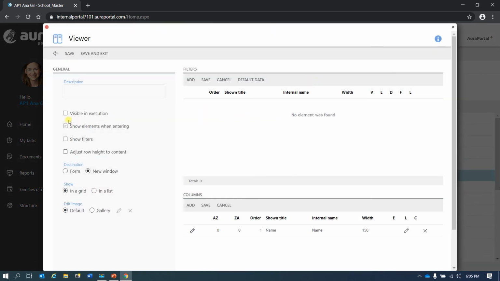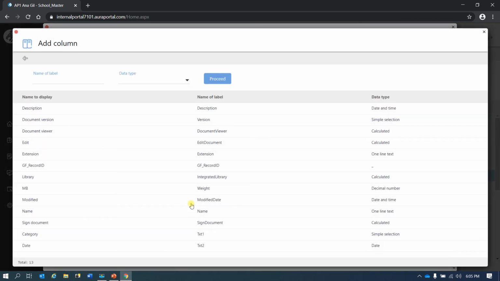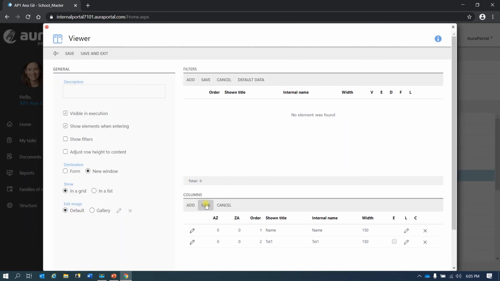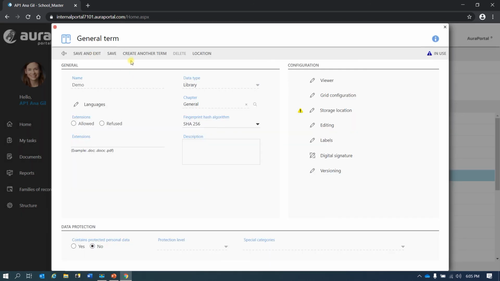We are going to select visible in execution, show elements when entering, and listing form new window. Okay, and I'm gonna add, let's save it as well, a column 2. It's gonna be category. So save and exit